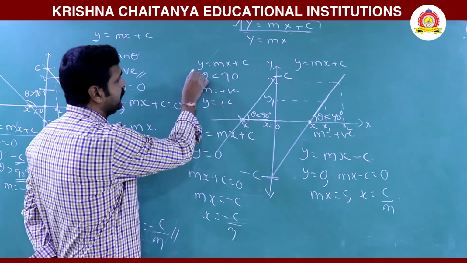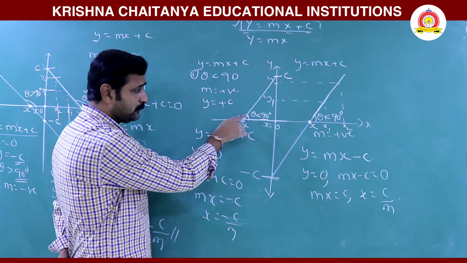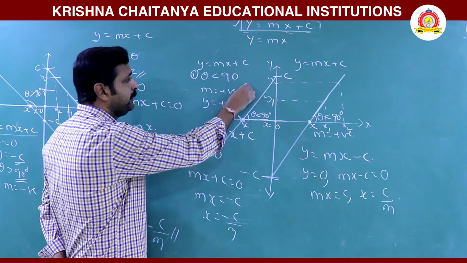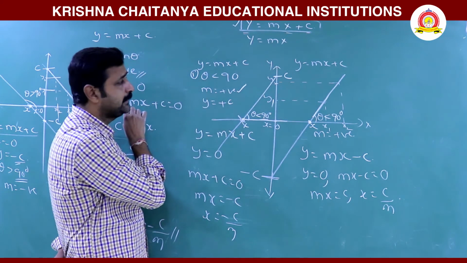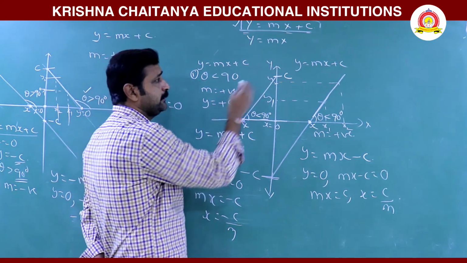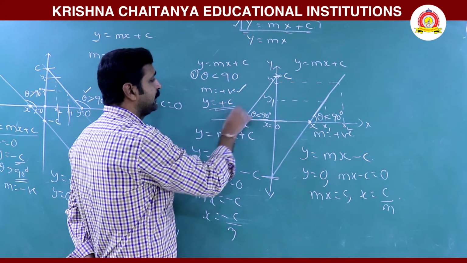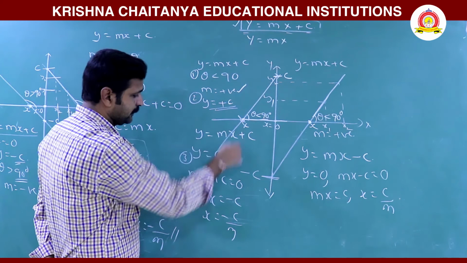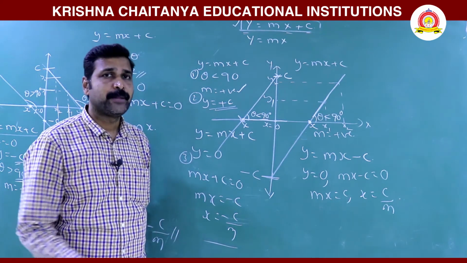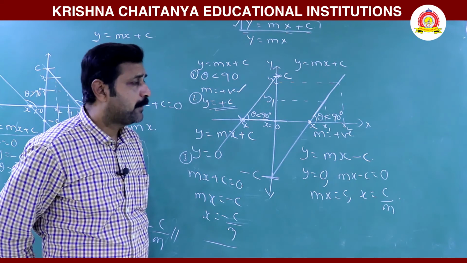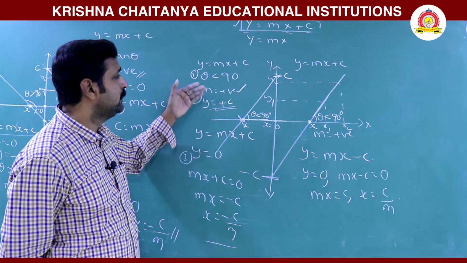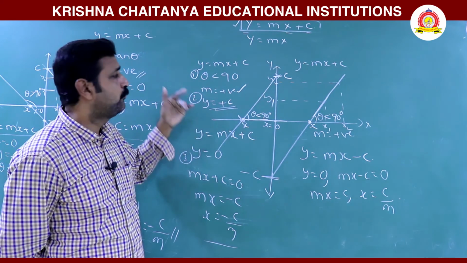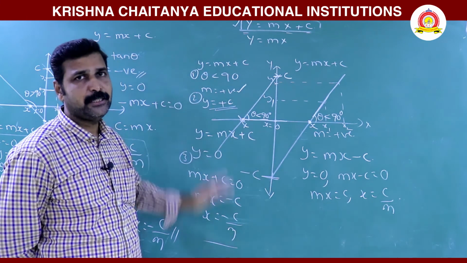So here, first step, looking into the graph, find out whether theta is greater than 90 or less than 90. Thereby we can determine the slope. Second step, where the y-axis intercepts: if it is on the positive y-axis, the intercept is positive. Third step, how to find the x-intercept. These are the basic three steps for any straight line, whether it passes through the origin or not. If it passes through the origin, you will get c as 0, then the expression will be mx. But to find the m value, this is the only method.